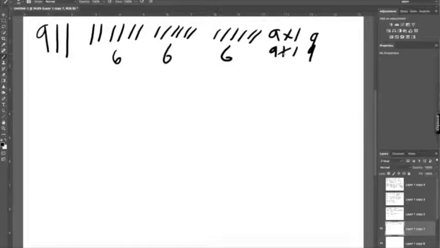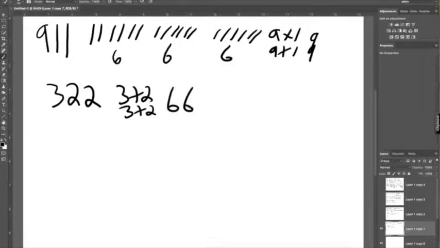Alright, and then we go to 322, which would be 3 times 2 and 3 times 2, which is 66. And that goes back to everything with 66. And then we really get to the crazy number,